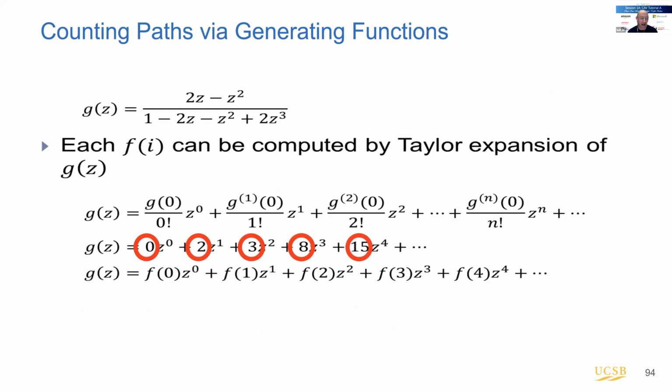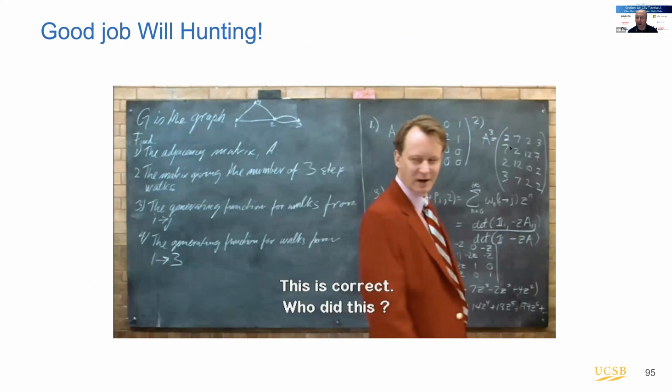This is a well-known result in math, from long before computing started. From the coefficients of this Taylor expansion, the coefficient of the 0 term corresponds to the number of paths of size 0, length 0. The coefficient of the first degree term is the number of paths of size 1, and so on. So you can compute all that. And this is exactly Good Will Hunting here in the movie. Here's the solution Good Will Hunting wrote, the matrix exponentiation, and using the generating functions, you can compute this. And the professor is impressed.